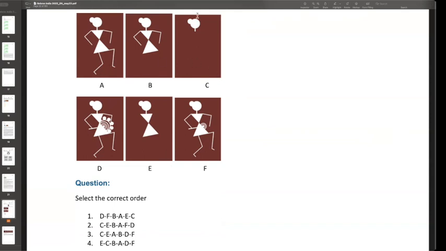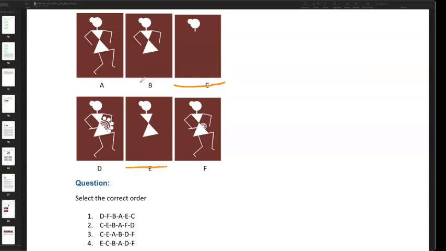So for the order, you should start with the one which is the least complexity. So for example, with C, and then move on to the one which adds more steps to it. A few people have already given the answer, so I'll start explaining it now. Since this is the simplest one, you have to start with this, then move on to the next one,